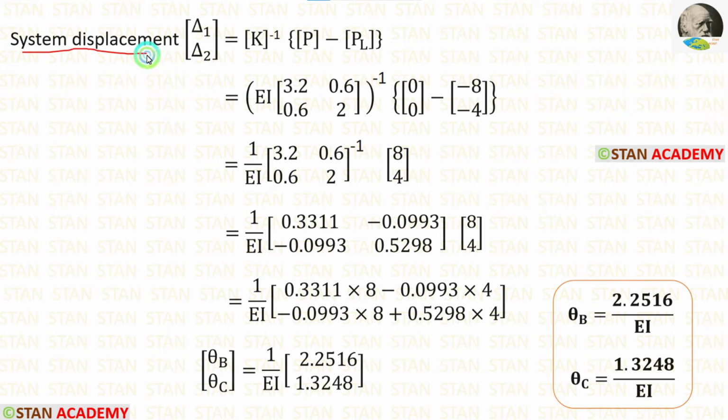In the system displacement formula, we have calculated everything. Let us apply the values. EI inverse is equal to 1 upon EI. Then we have to add these two matrices. After adding, we are getting this. For this matrix, we have to calculate the inverse. We can apply all of the values inside the calculator and get the inverse. If you do not know how to calculate inverse in a calculator, see the